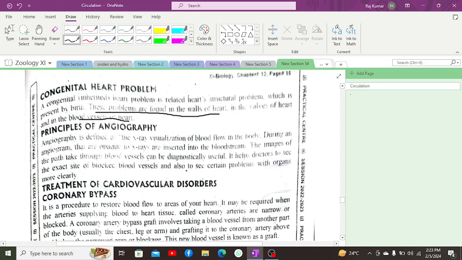Apart from this, the principles of angiography: angiography is defined as the X-ray visualization of blood flow in the body, such that during an angiogram there are opaque